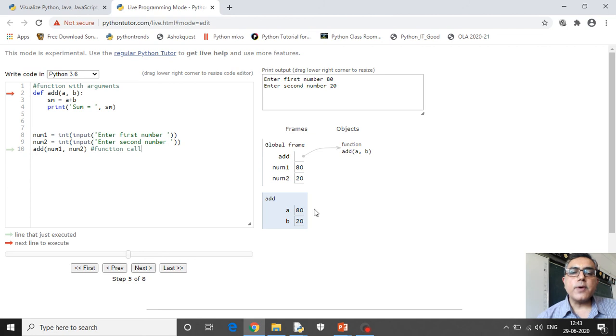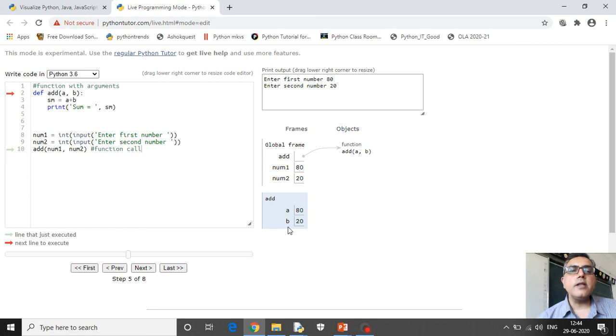So the first value will go in variable a, because a has been defined first here. Second value will go in variable b. See, first value num1, 80, has been copied in variable a, and the value of num2 is copied in variable b. Variables a and b are within the environment add.